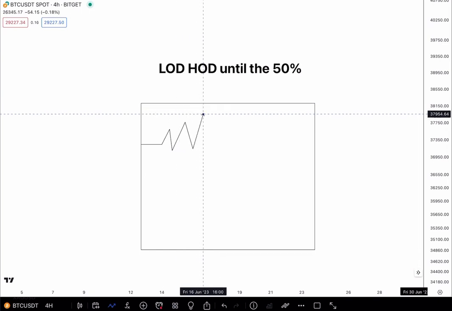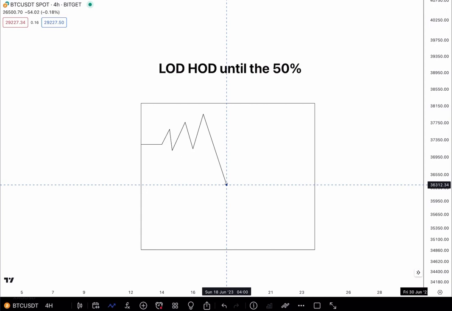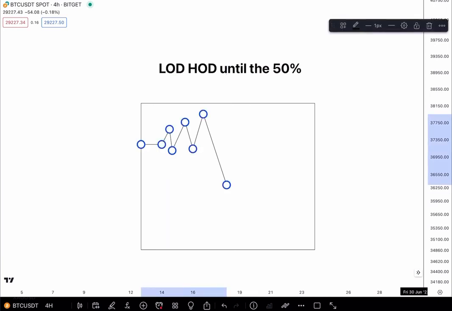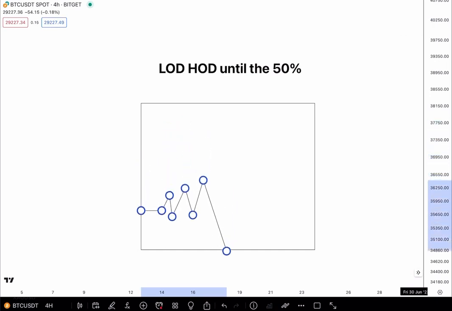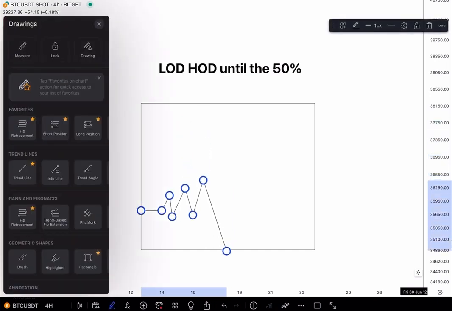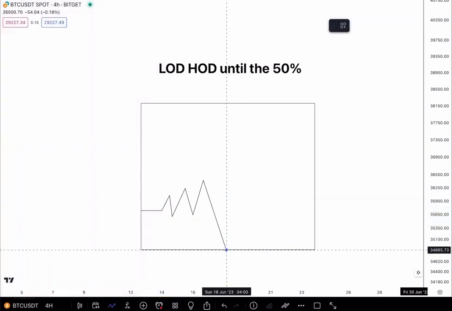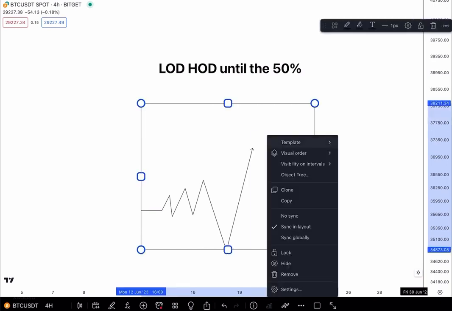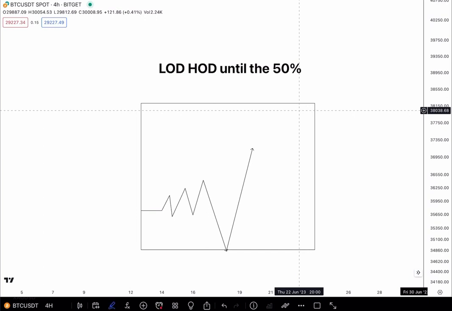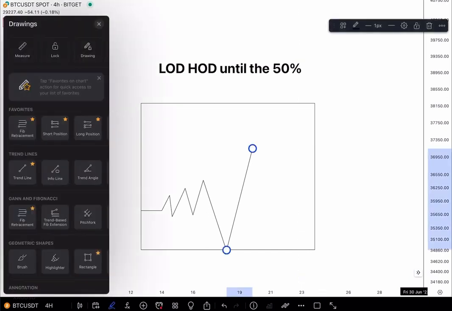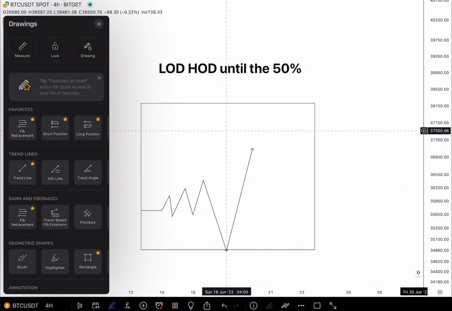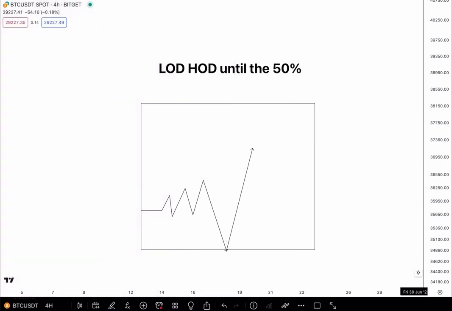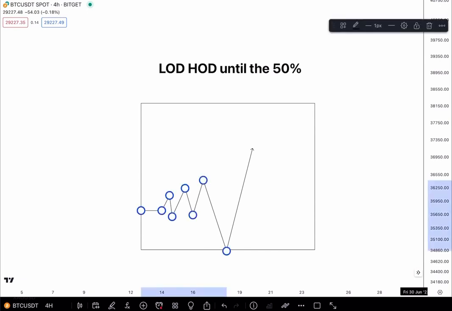You're catching this until this, and you're having enough, because maybe you were mistaken by the positioning and you're actually in a bullish environment. Then what are you going to do? Then it's going to go and it's going to wreck you, right? Using your stop loss as a support level later on, right? At the 50% of the candle, of the time of the candle. So trying to catch a low of day, high of day until half the candle, until the NY session, is a model by itself.